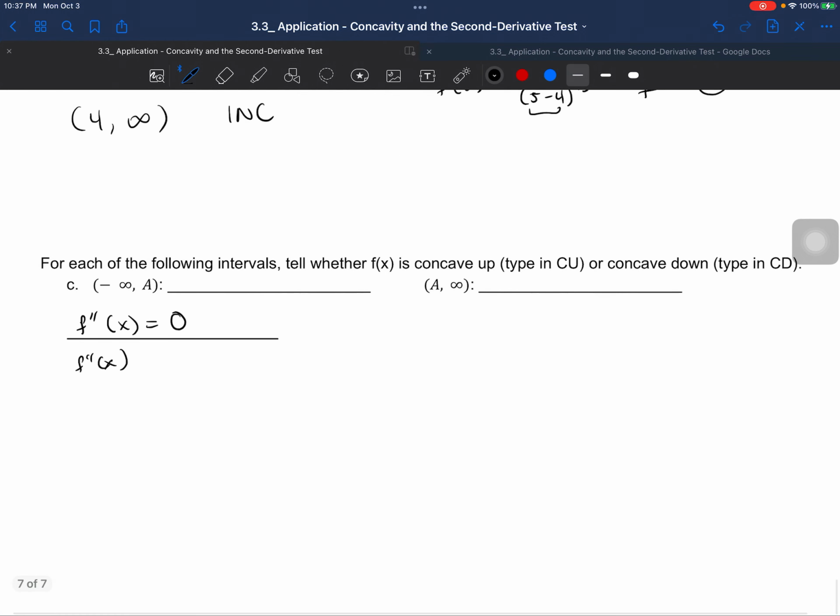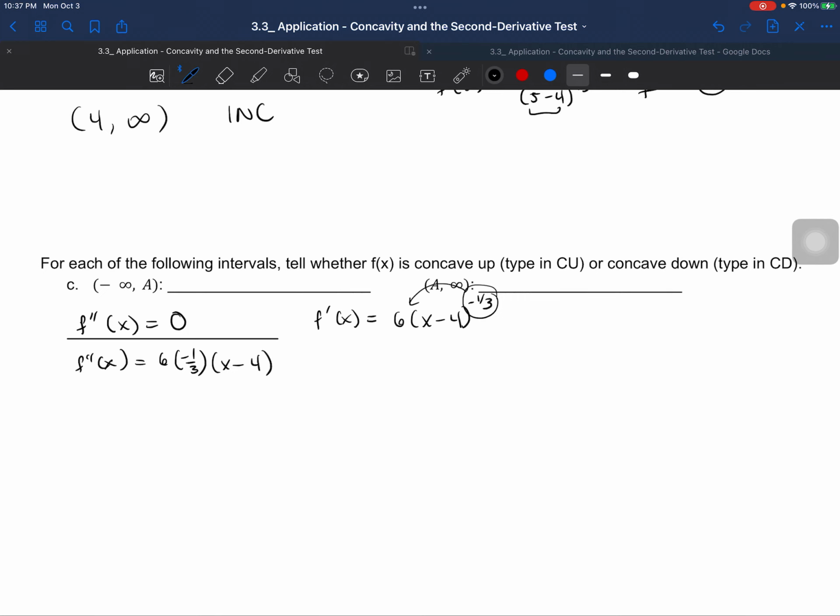That's going to be second derivative is equal to, well, we have to take the second derivative. So where are we at? Over here. So we have the first derivative was 6 times x minus 4 to the negative 1/3, right? So let's take the derivative of the derivative. What does that mean? It means we use the power rule along with the constant multiple rule. So multiply those two. So 6 times